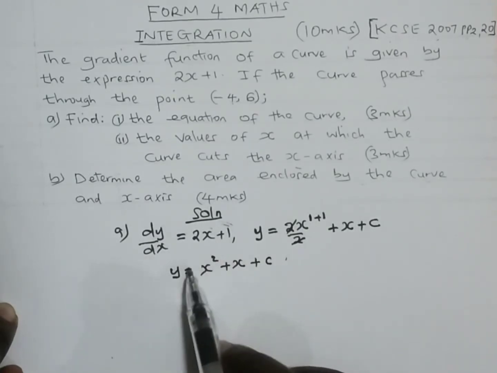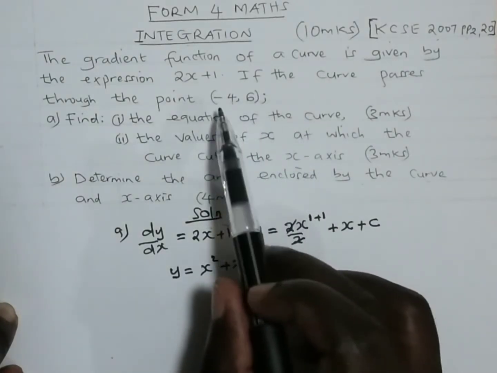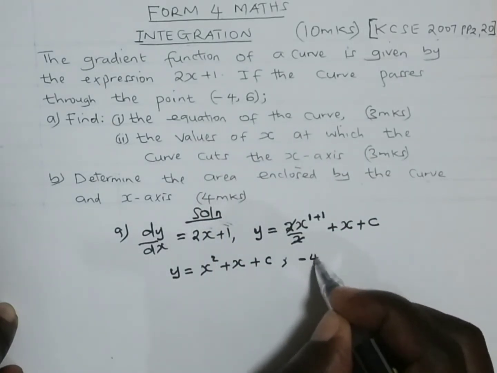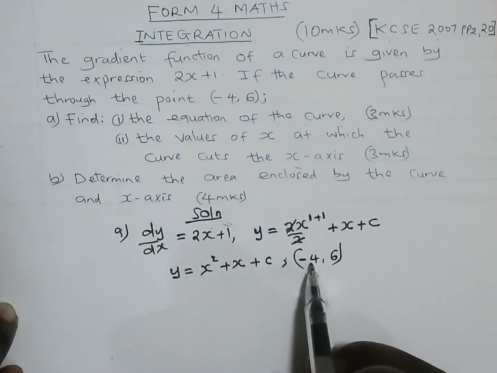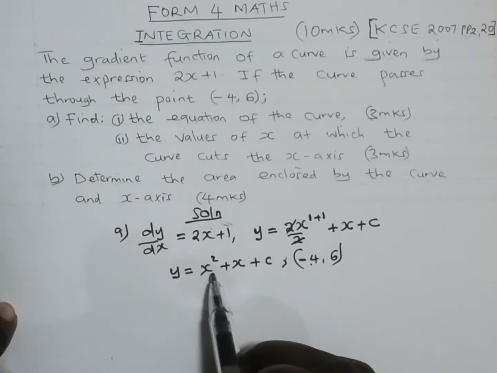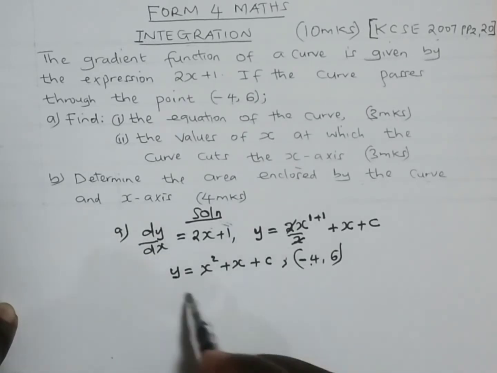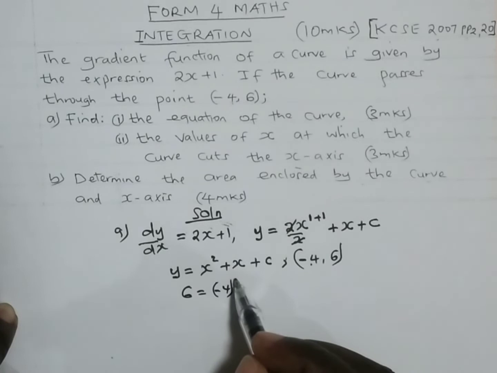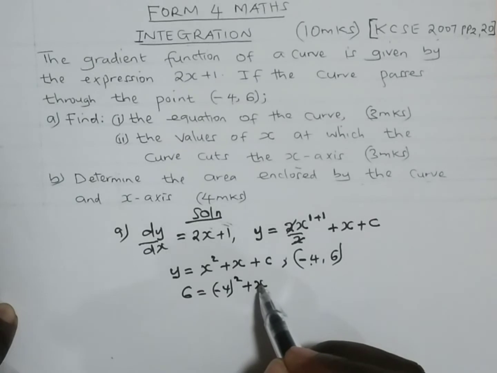We need our specific equation by getting the value of c, and therefore we know that particular curve passes through a point with coordinates -4, 6. -4 represents the value of x and 6 the value of y. So we substitute them into the function so that we can get the value of c. Y is 6 being equal to x. X is -4, but it is squared, plus x which is -4,